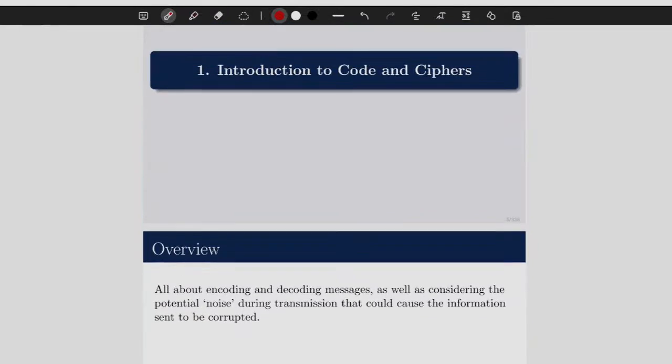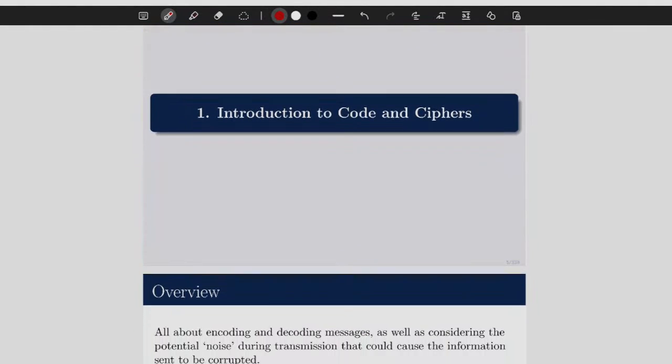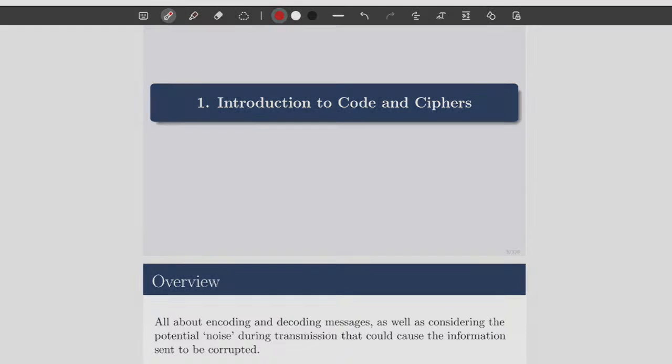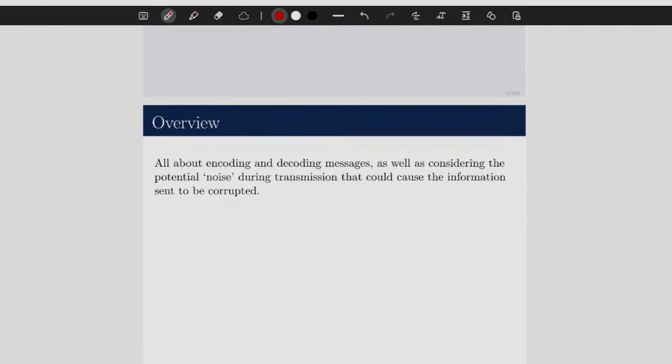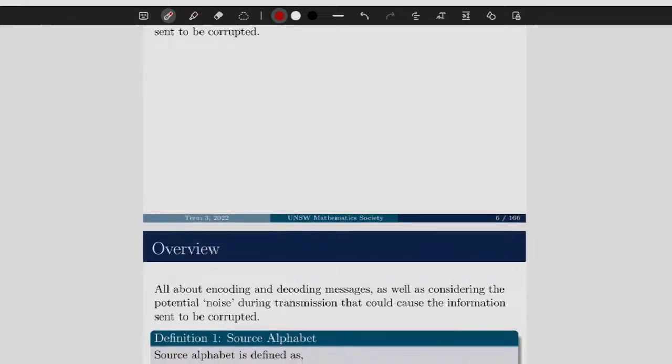Okay. So with our basic introduction, as we know, this course is about encoding, decoding messages and how we can play around with codes. So in here, we're just considering basic concepts like what is noise. Noise by definition is just anything during the transmission channel that can cause information to be corrupted. For example, if I'm sending in a 1, or I'm sending in a 0 and it turns into a 1, then there was noise in the channel that corrupted that message. Pretty simple.